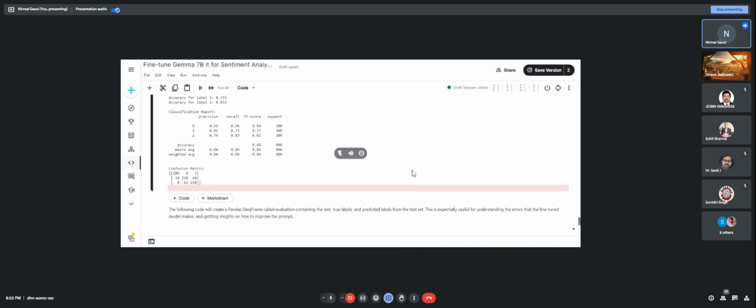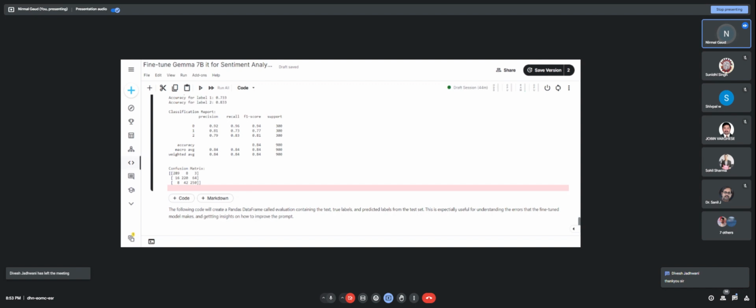I hope this makes sense, and the effort for how to perform fine-tuning. What is the Gemma model? What are the important elements which are present in a Gemma model? And how to perform fine-tuning of a Gemma model. Okay, let me